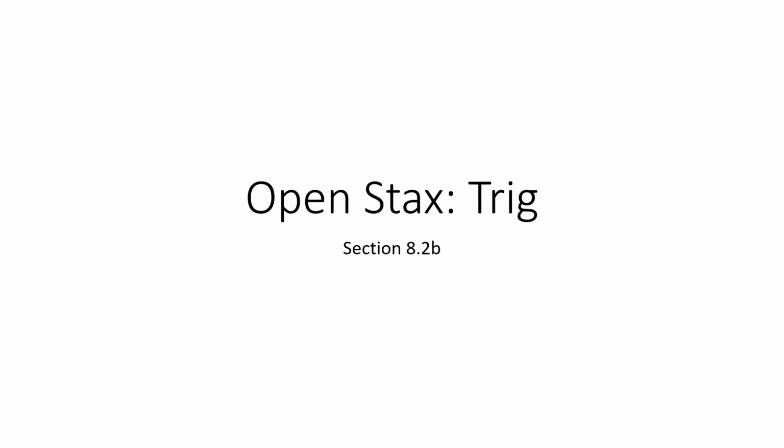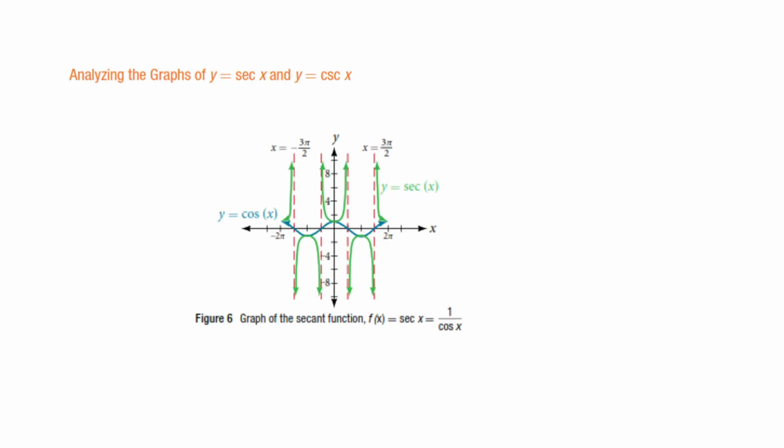So I'm going to show you this, and I would limit it to some pretty basic questions about this. Here's what I think is fair game here. If you're graphing a secant function, secant is 1 over cosine. Yeah, I said that right. If we were graphing this, here's what happens. If I graph a cosine function, so here's just the regular cosine function, secant is going to be its inverse,